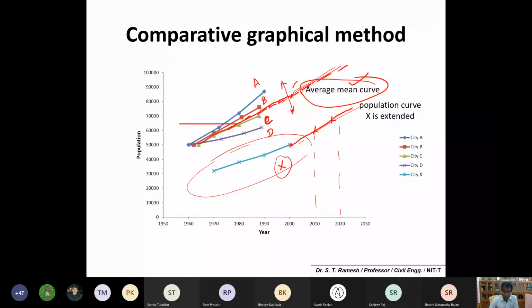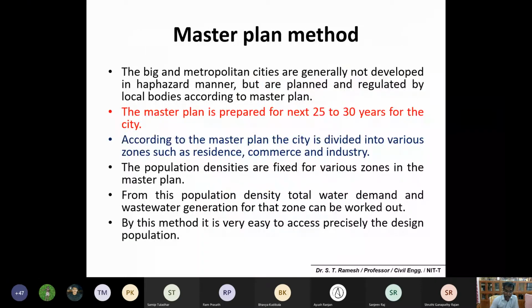So that is being explained. Up to this, I guess we discussed in the last class. The next method is the master plan. With a master plan, most cities you would have noticed, satellite towns and city developments and remote cities also, they may have a master plan. Some states in India have a lot of smaller developments. You would have seen them in Gujarat, in Maharashtra, and in some parts of Delhi, Noida. All of that is based on a master plan.